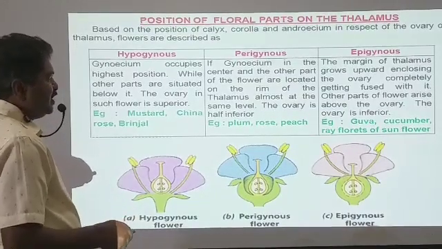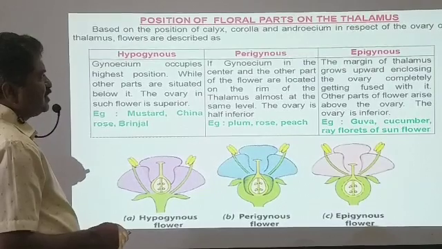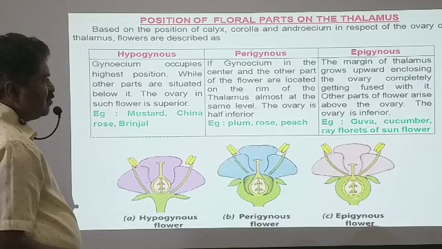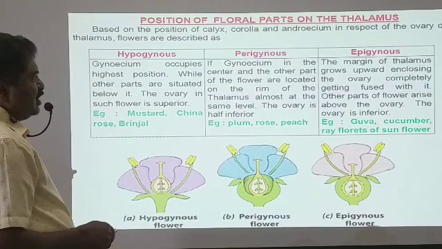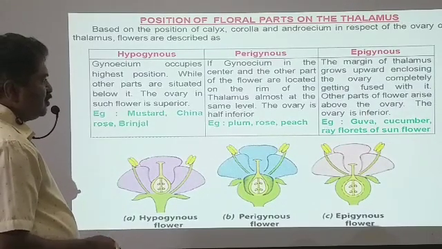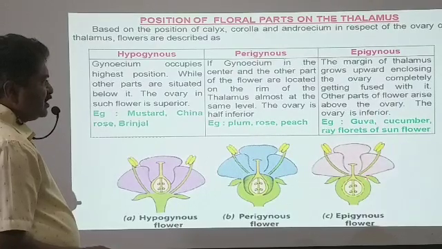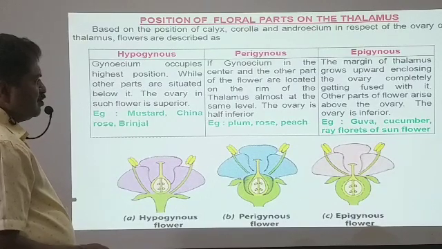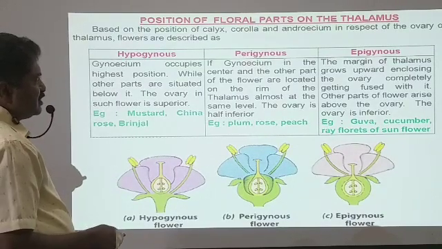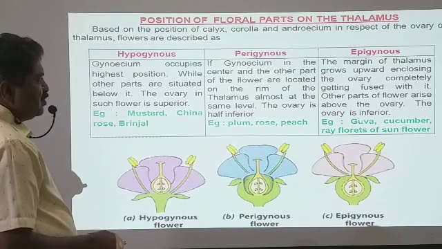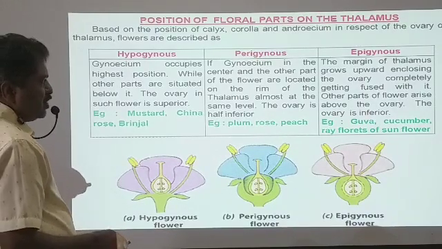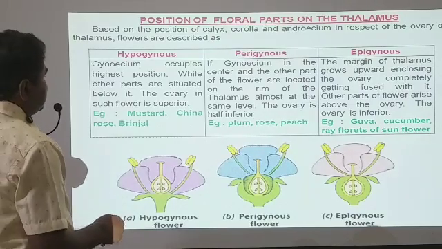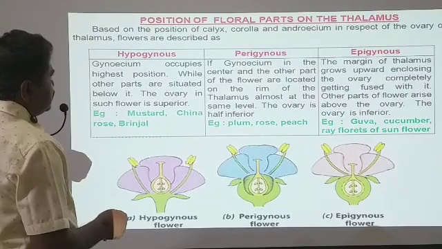And coming to the epigynous, the margin of the thalamus grows upward, enclosing the ovary completely. So here the ovary is completely enclosed, and other parts of the flower arise above the ovary. You see, this is the ovary, and the parts like the calyx, corolla, and stamens grow above the ovary. So that's what we call the epigynous. So here the ovary is inferior. So guava, cucumber, and the ray florets of the sunflower, we can see the position of the ovary